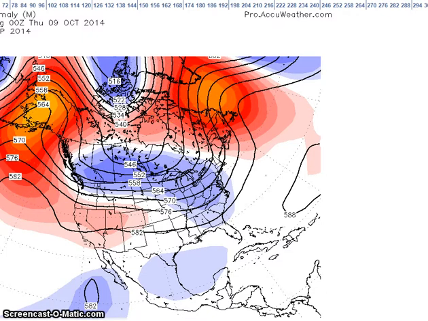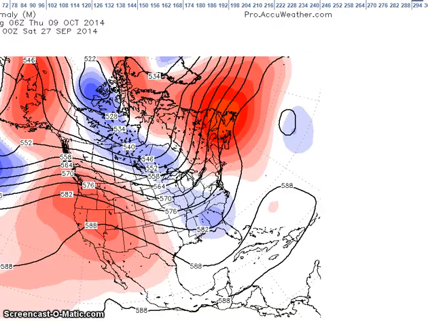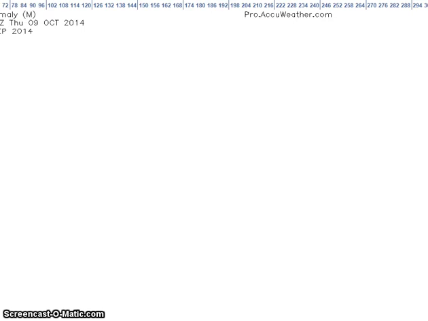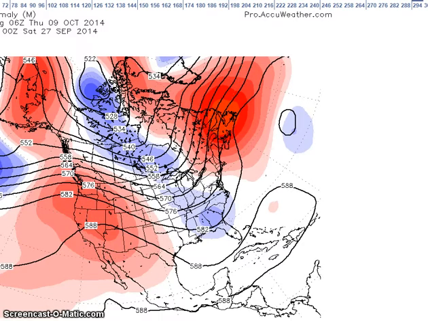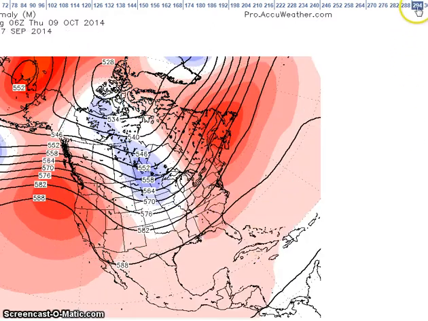Okay. Then we look at the European ensembles. And we have our area of above normal heights here and our trough across the area, but we have above normal heights across eastern Canada and the northeast. And we go to the Canadian ensembles, and it has above normal heights here and here, but has a trough further back into the plains, the center of the nation. So you can see that they're kind of split.